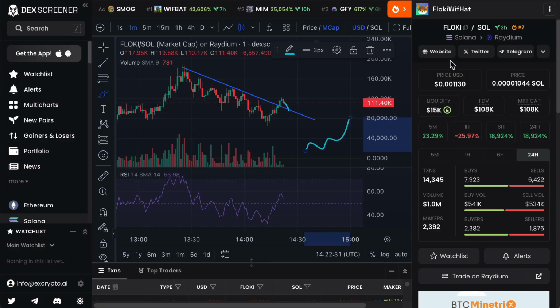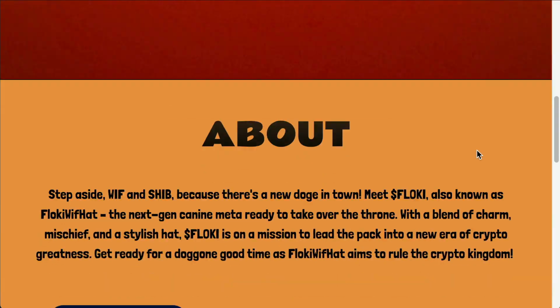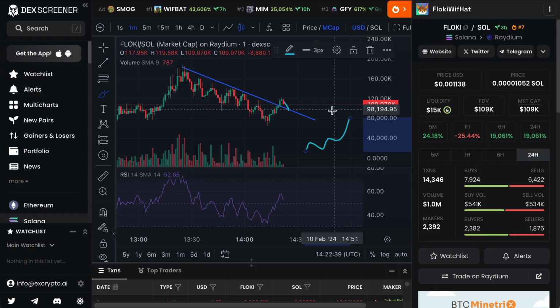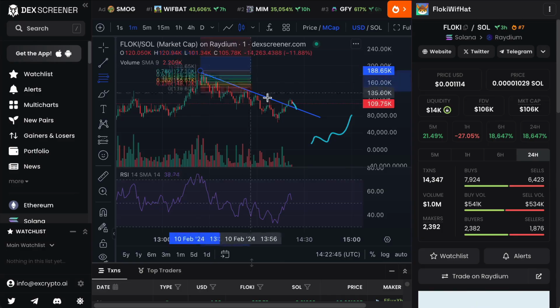I don't know much about the project. It looks pretty simple. It's just Floki and they've just added a hat on it. But yeah, so it's not the best project in the world, but can it do a little bit of a run? Yeah, maybe. But if this was the all-time high at 188, which we don't know, but it's possible, then again,